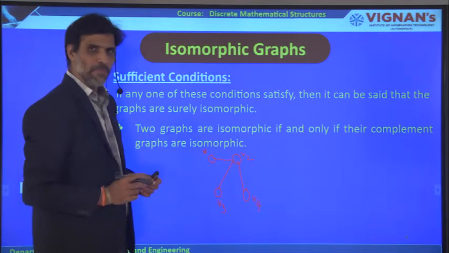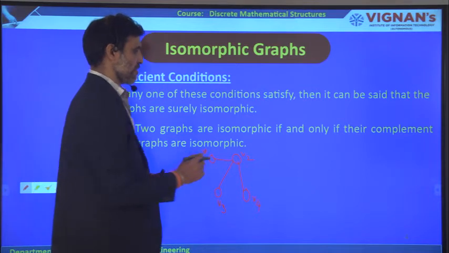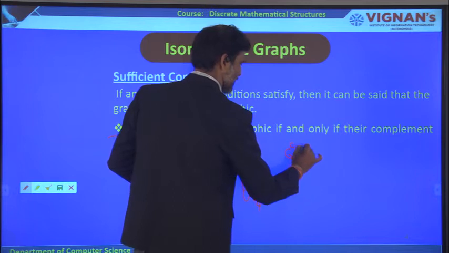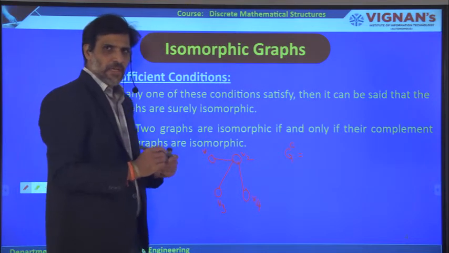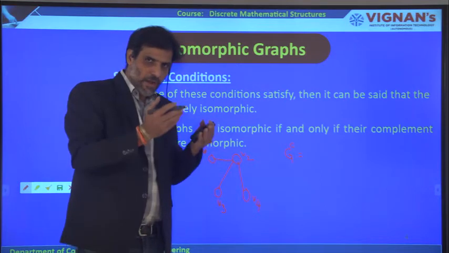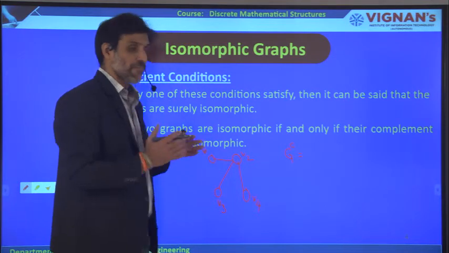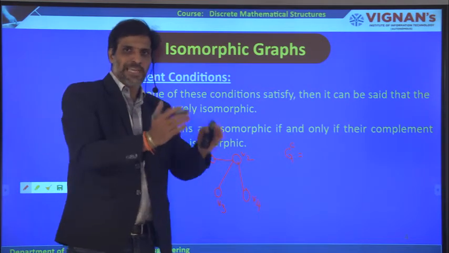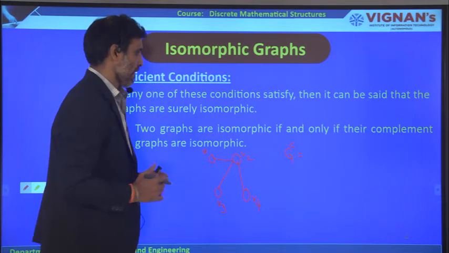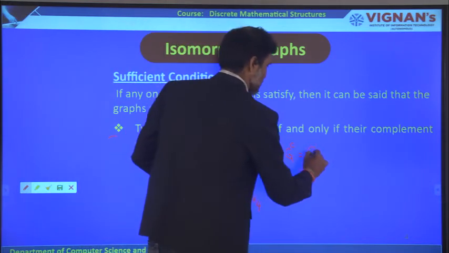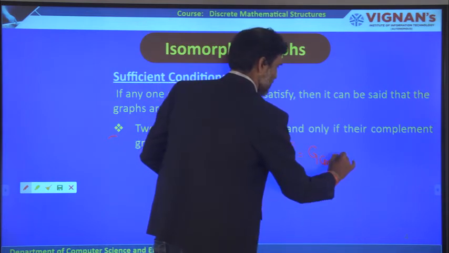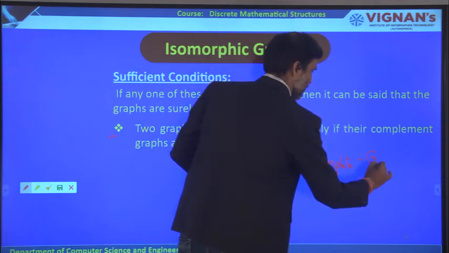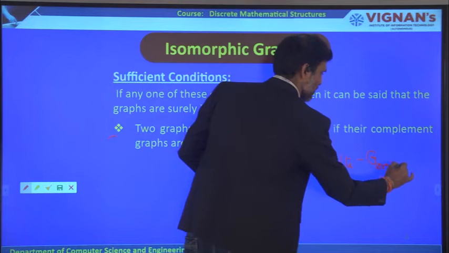To get the complement of the graph, generally the definition of the complement of the graph is we are going to denote it GC, or somewhere you can write G complement. Generally in the complement of the graph, the same number of vertices must be there, but we are going to take the complement on edges, not on the vertices. Remember that. So the complement of the graph is nothing but the complete graph minus the given original graph. Whatever graph will be given, you have to take it.